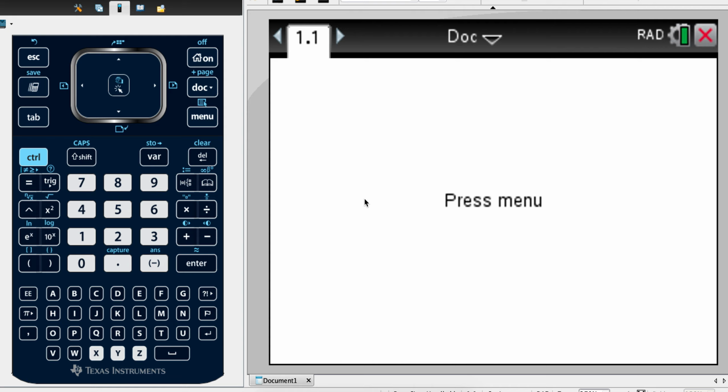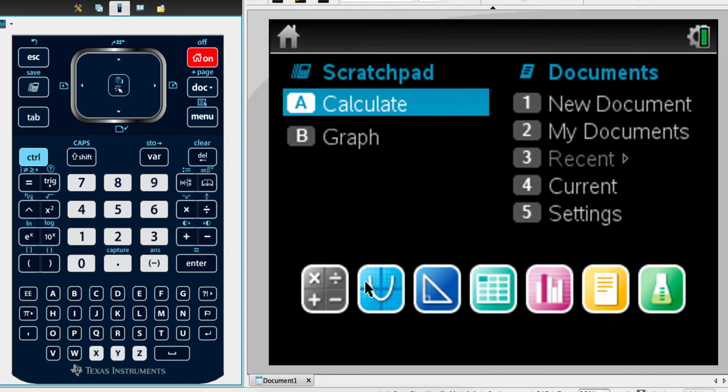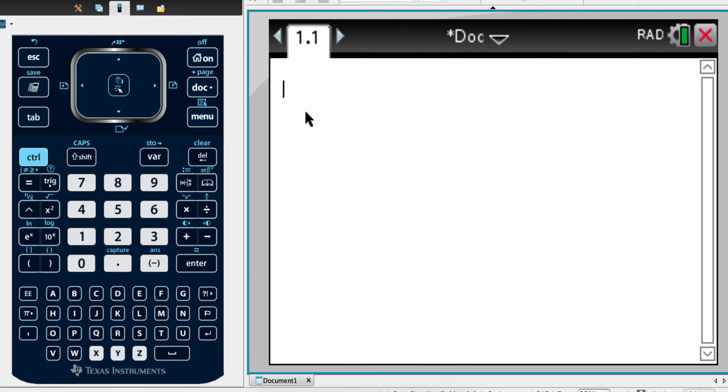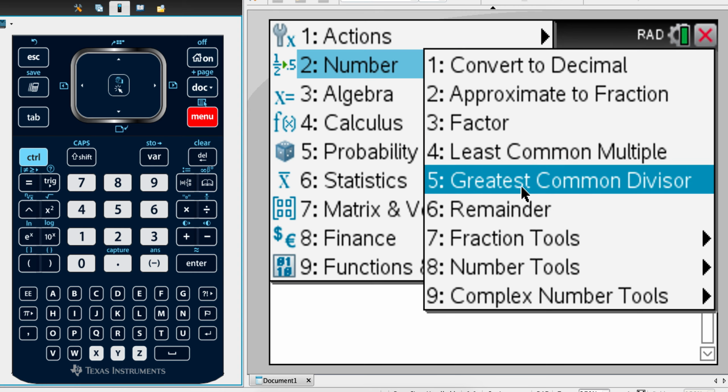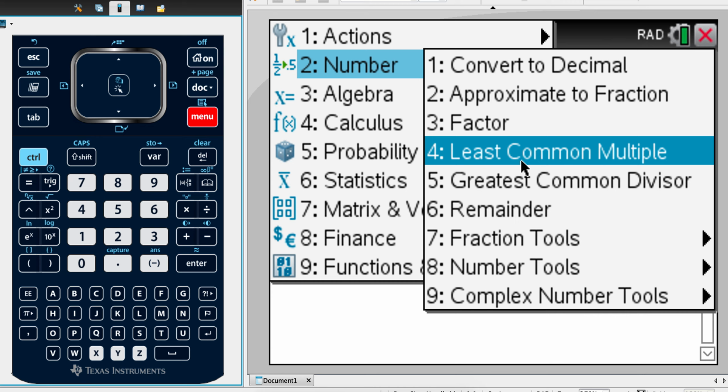There's a few things that we can do on our GDC to help us with the number unit. So to find these, we need to open up a new calculator page. And the first thing I'm going to show you is how we can use it to help us with factors and multiples. So if, for example, a question was asking me to find the multiples of 4 or the factors of 10, then I can go into menu, number, and we can go into the least common multiple and the